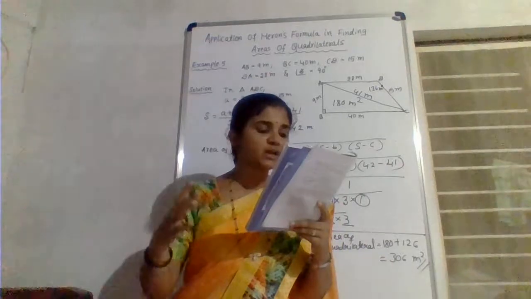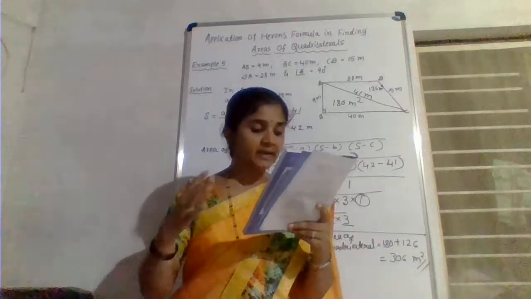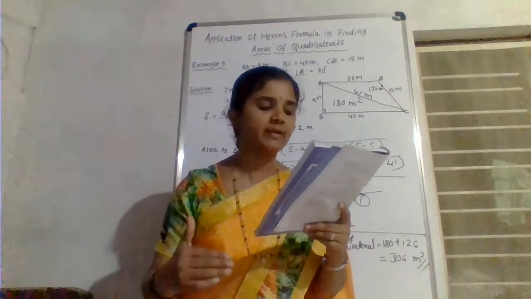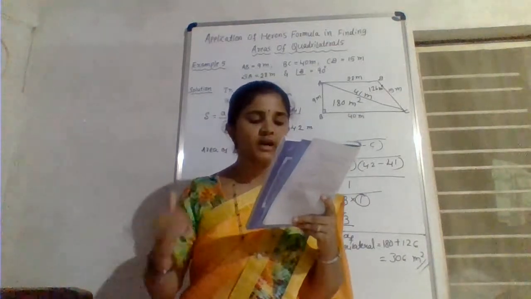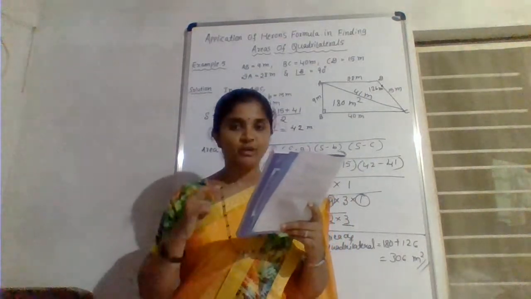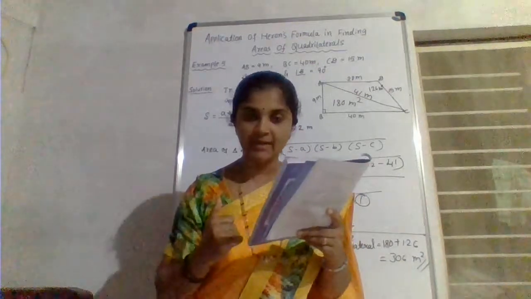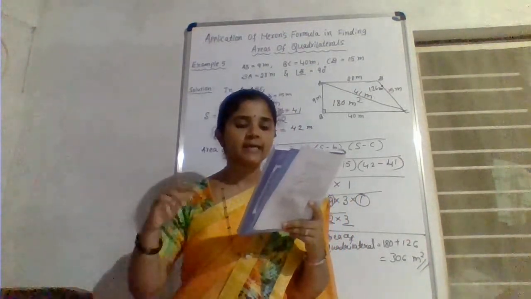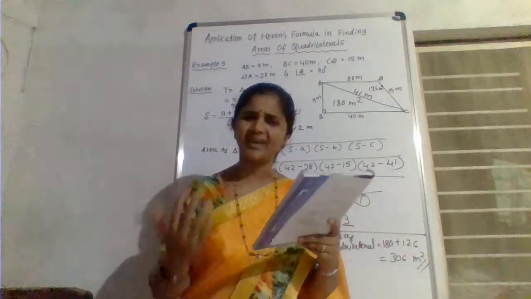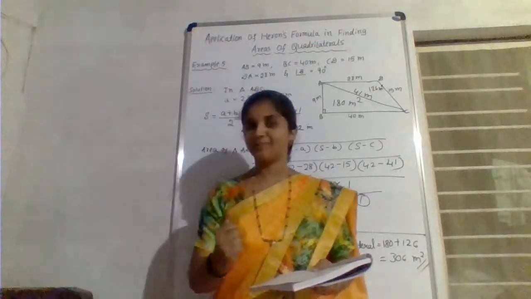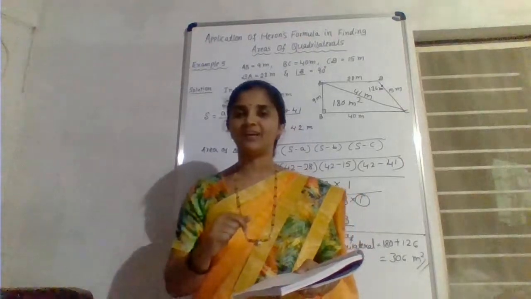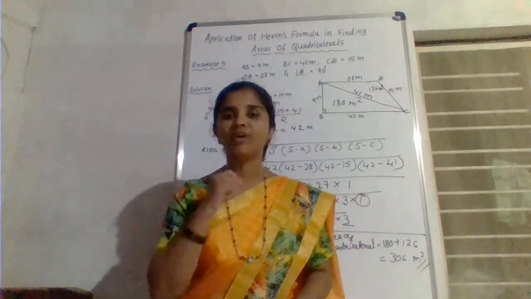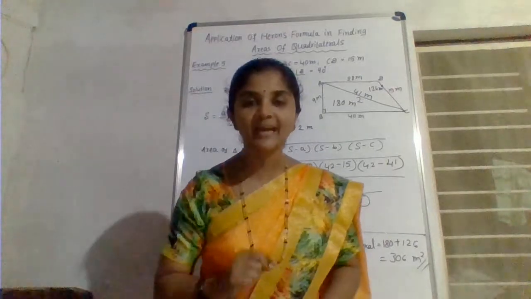If the perimeter of the land is 400 meter and one of the diagonals is 160 meter, how much area will each of them get for their crops? It's a direct question, but they have given the perimeter, and they have mentioned her field is in the shape of a rhombus. So then you have to apply the property.